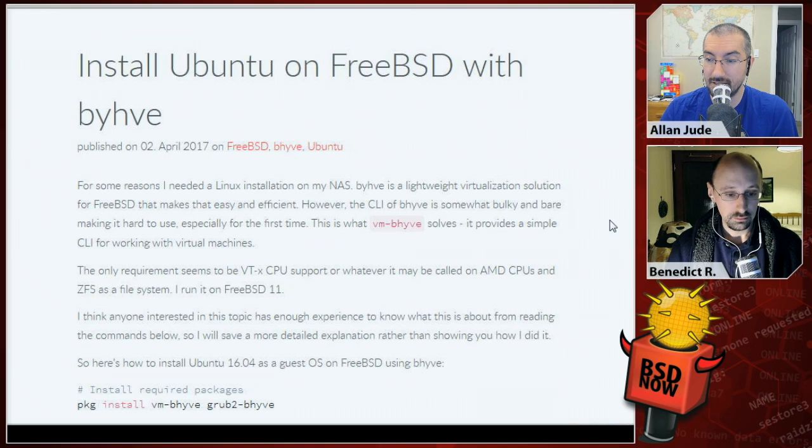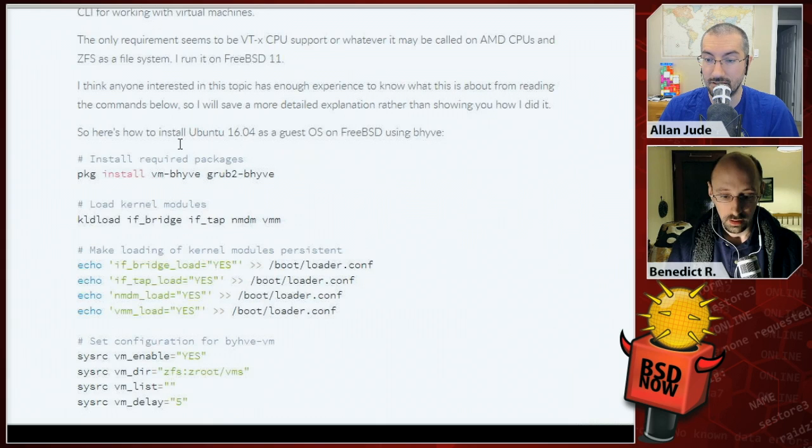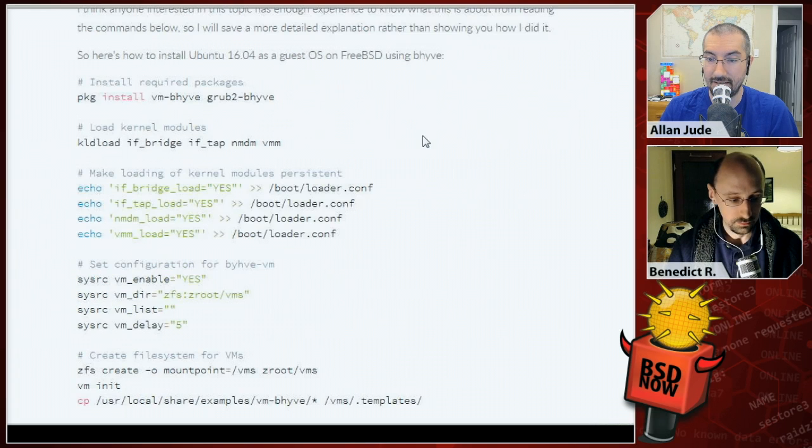The requirement for running VMs on top of FreeBSD is to have either Intel's VT-x and extended page tables, or AMD's SVM, and then if you have the hardware offload features, then bhyve works very nicely. So David walks through the basic setup of this, which is installing vm-bhyve and the grub2-bhyve packages, and then loading vmm, which is the bhyve driver,